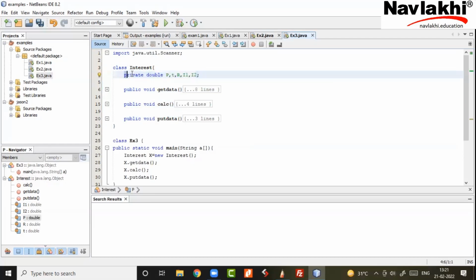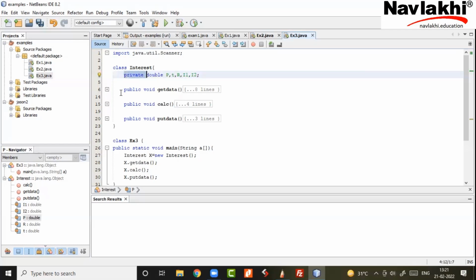So private just means that access is restricted to this class only, and that is good because if anything goes wrong in PTR, I1, I2, I have no one to blame except who wrote class interest. So if I have 30 programmers in my team, I will tell everyone, brother, keep your data private, because if something goes wrong in something, I know that this class guy had the access to that variable only. So what colleges don't teach is the importance of private. They don't teach the importance of private.